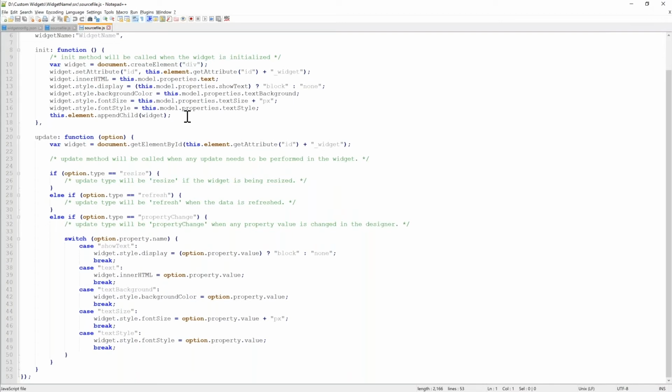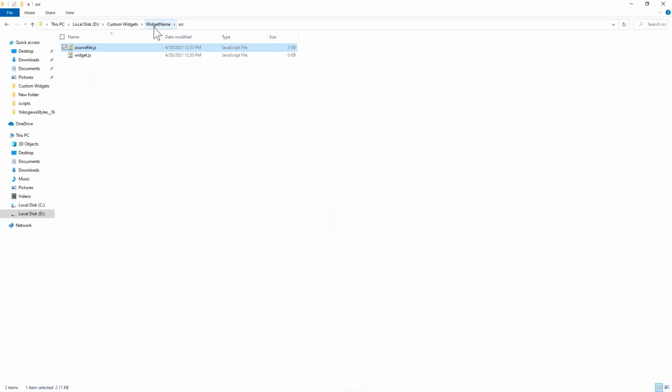I will show you an example of an implemented widget, and also I'll show you how to debug this later on. Okay, so going back to the folder, you see a style folder here where you can include your own custom CSS styles. And finally, we have a widget config.json, which is a manifest file. And this is the important file that needs to be filled up by you to include the plugin or the custom widget into the dashboard designer interface. Okay, so let me open this now in an editor.